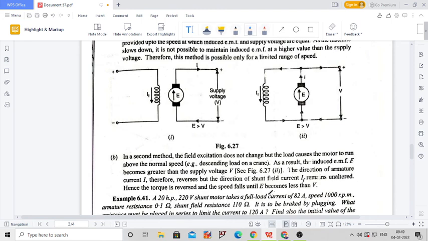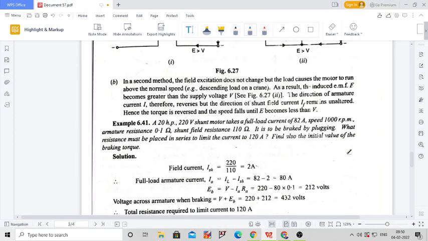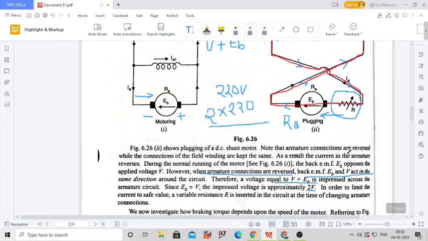At this moment only keep in mind that in regenerative braking, whatever electrical energy is generated inside the armature circuit is utilized either to charge certain energy storage devices, or it may be fed back to the supply. So there is no loss of electrical energy. We reutilize that energy, therefore that method is named regenerative braking. So these are the braking methods.